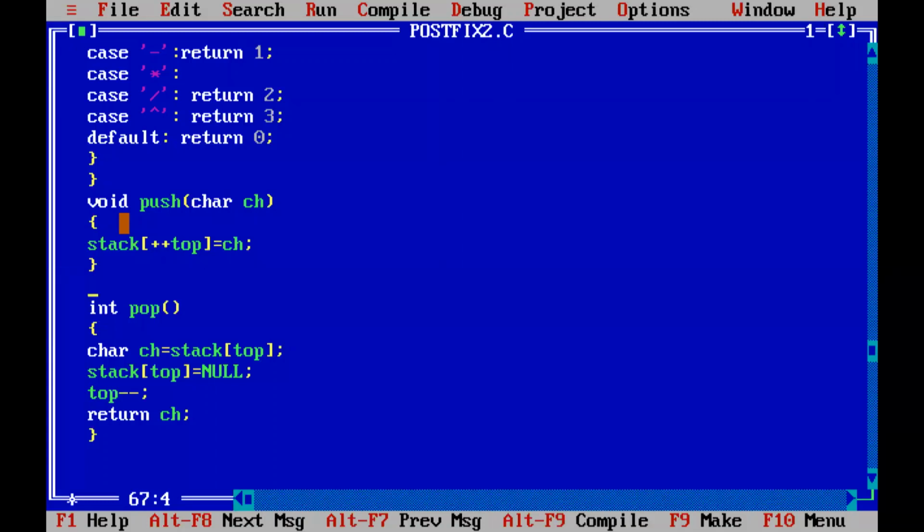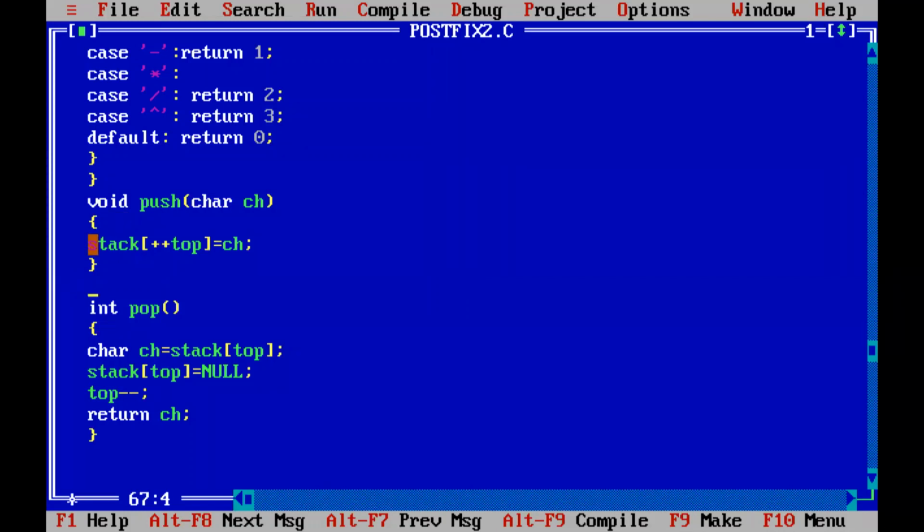So when you are pushing an item, what you are supposed to do? First, we should increment the top variable, which is nothing but the index number of the topmost element in the stack. Then we have to insert the element into that index position. First we have to increment, then we have to copy the new item into the topmost position.